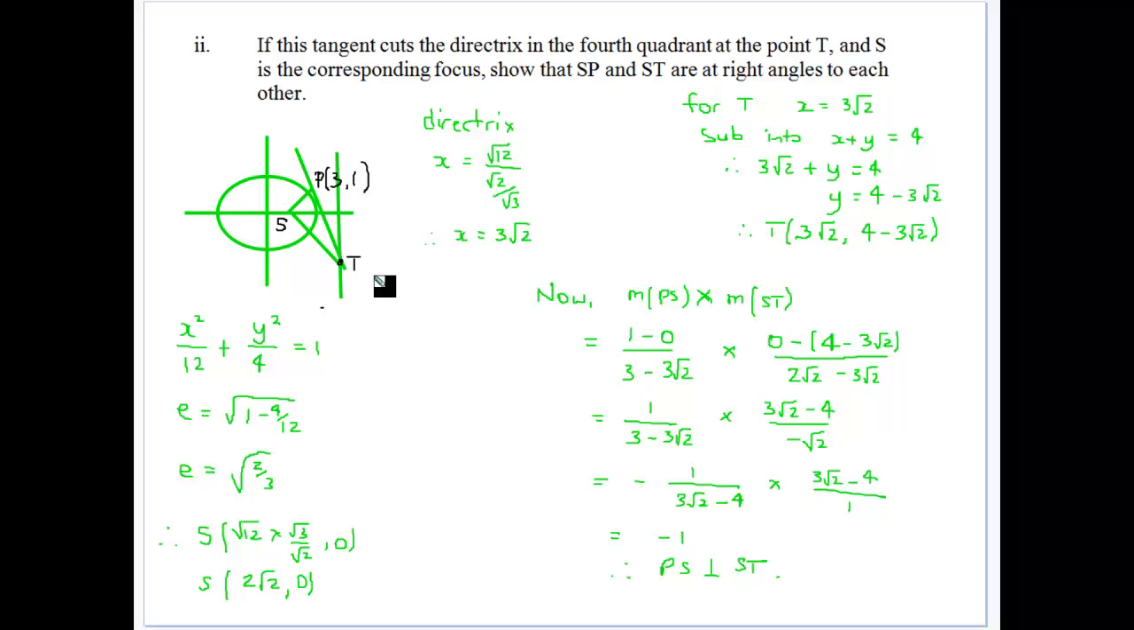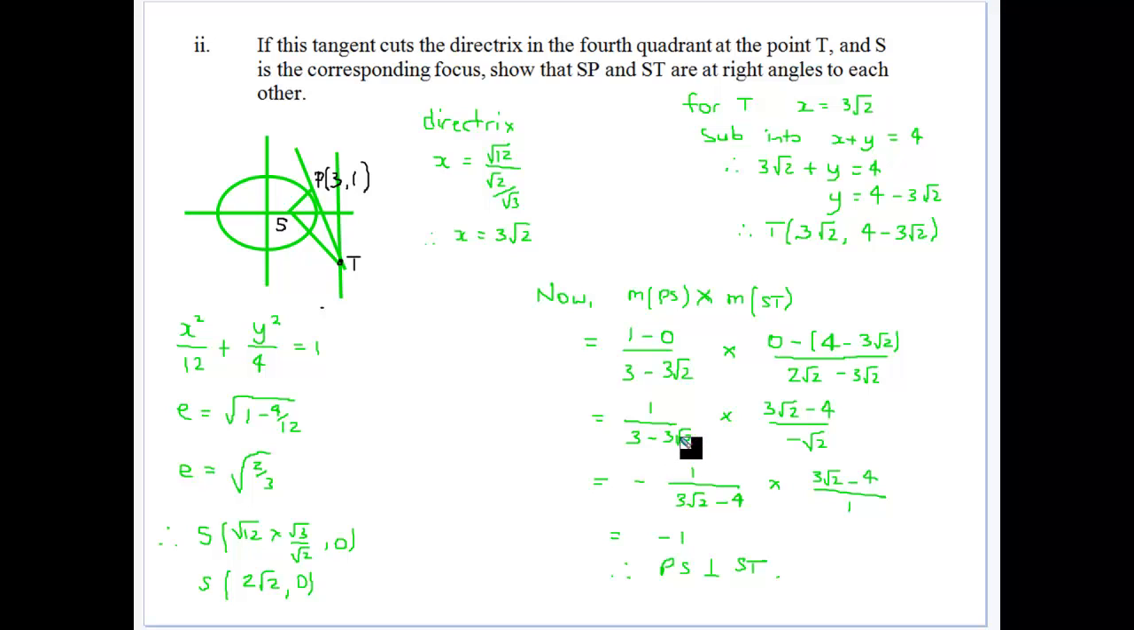So now we can find the gradients. We'll find the gradient of PS because we've got S and we've got P, and we've got T. So we sub those points in, and for S and T we've got those points, so we sub those in, and we start to manipulate. We clean it up, we get 3 root 2 minus 4. If I multiply the denominators here in the next line, we've got a minus there which will take it out the front. The root 2 multiplies by 3 to give us 3 root 2, and root 2 times 3 root 2